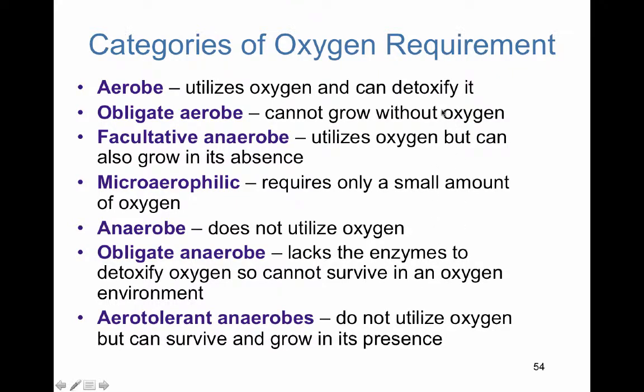No oxygen, needs oxygen. Or you could have one that could go either way. Facultative anaerobe utilizes oxygen, but also can grow in its absence. Or the aerotolerant, which doesn't utilize oxygen, so it's more anaerobic, but it can survive and grow in its presence. So these guys are kind of opposite. And then the microaerophile, only a little bit. So it requires a small amount. And the anaerobe, this is just the basic, does not